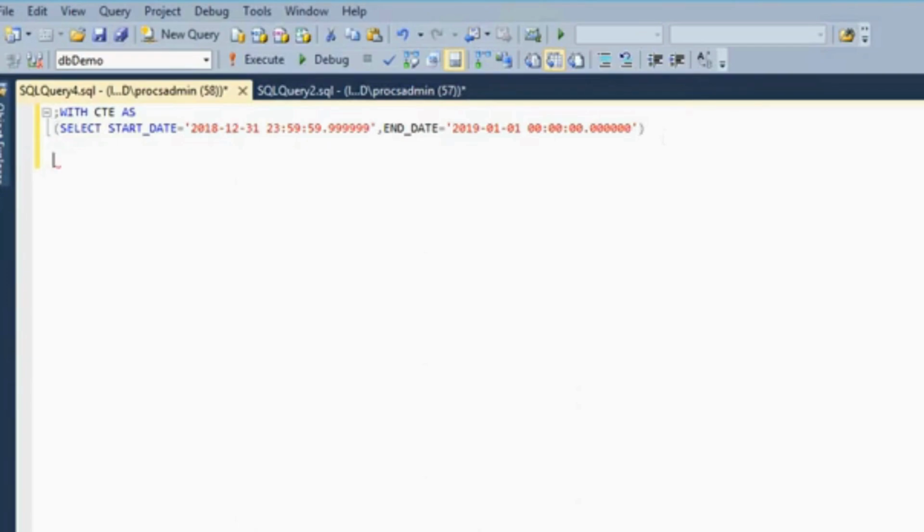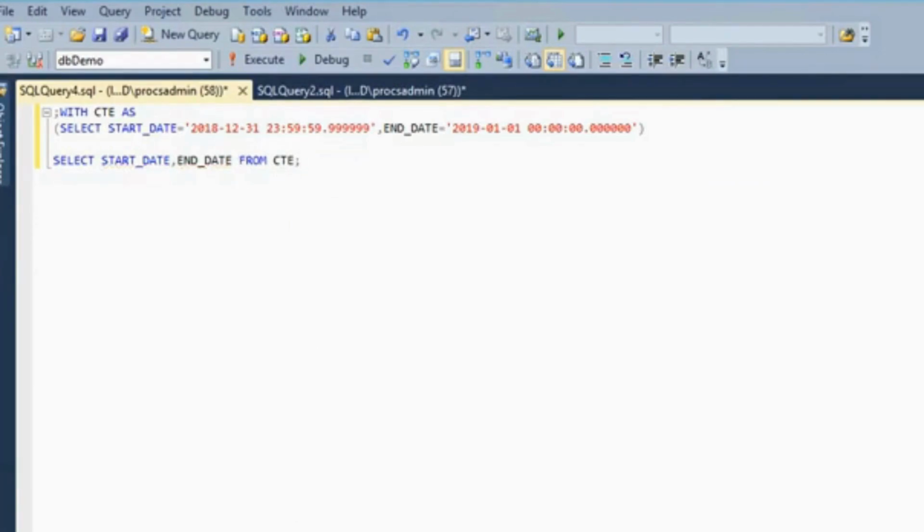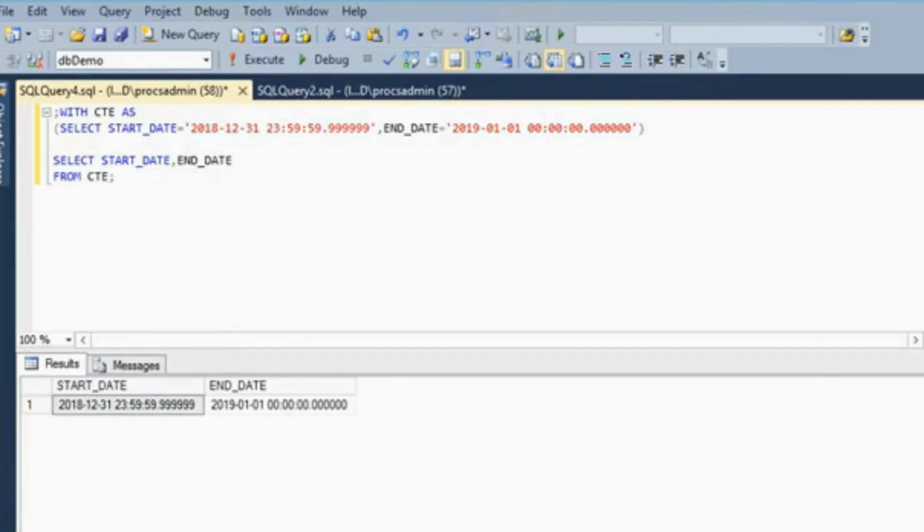Now we are pulling these values from our CTE table. Select start date, comma, end date, from CTE, that is our table, and execute the query. Now I am using the DATEDIFF function,